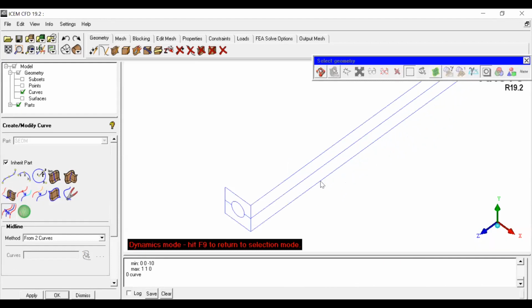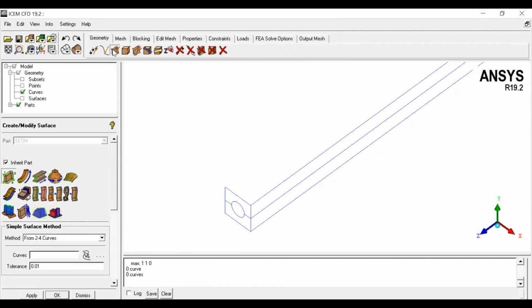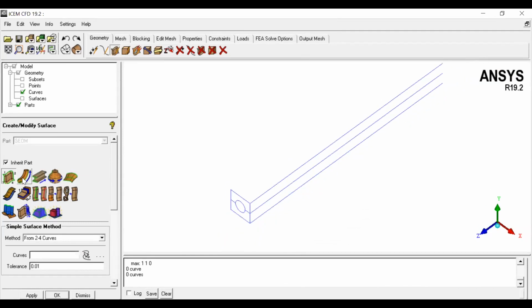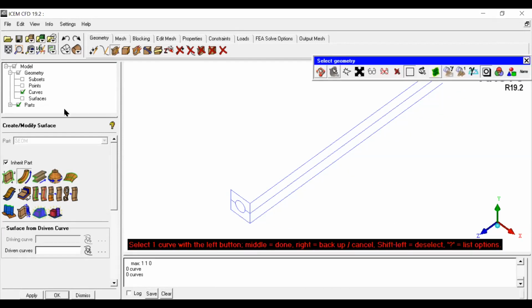Now let me create the surfaces. So I'm going to the create or modify surface. Anyway, the first one we successfully explored. Next, go to the second command, which is the curve driven command. To execute this command, let me enable the points.